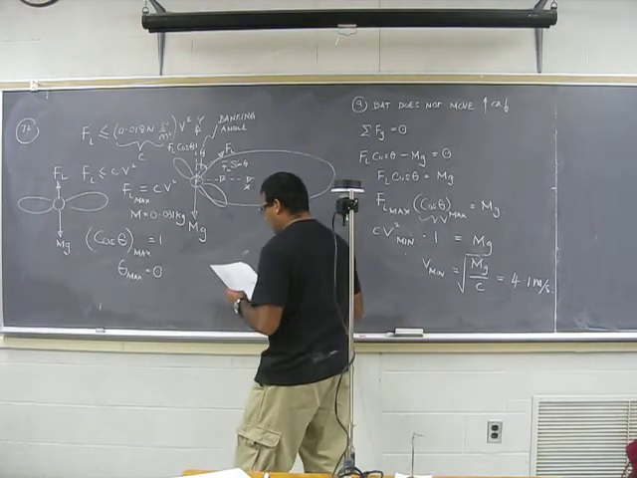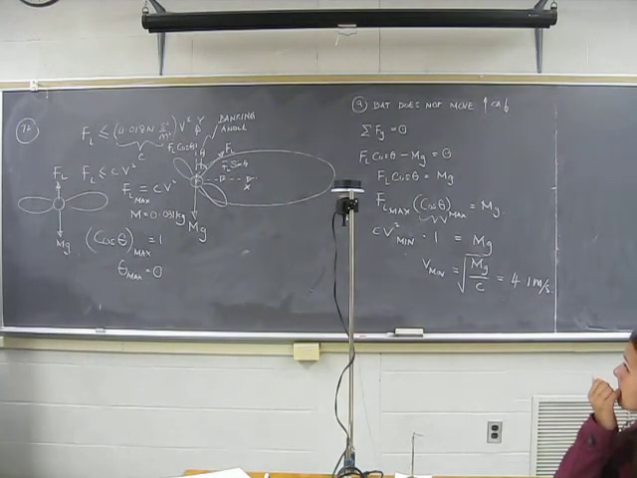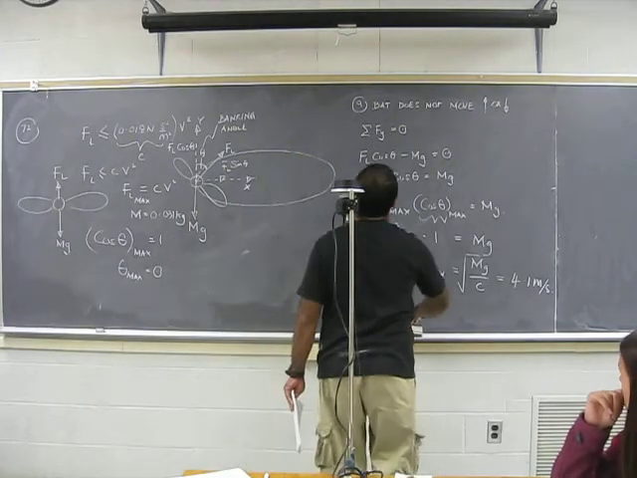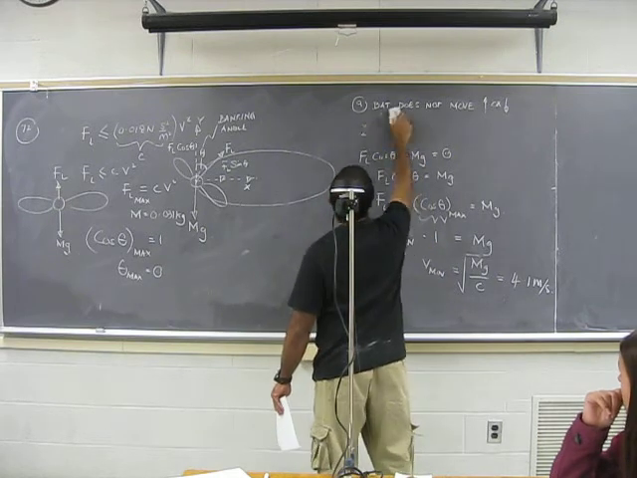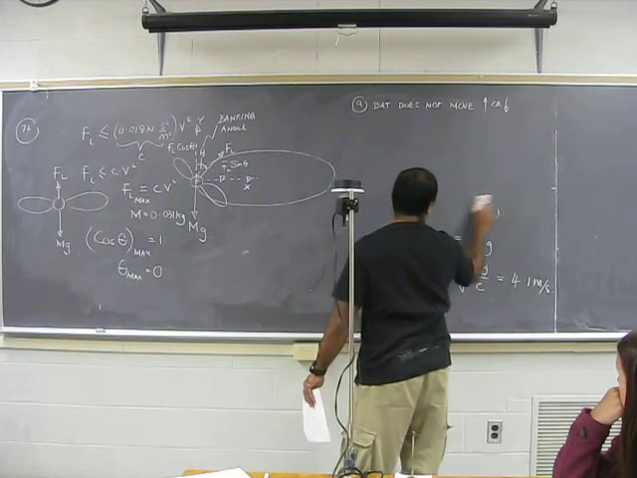Assume now this particular bat can make a maximum velocity of 10 meters per second, right? That was what's given to us. So now the bat can move with a velocity of 10 meters per second. Now, when I say that,